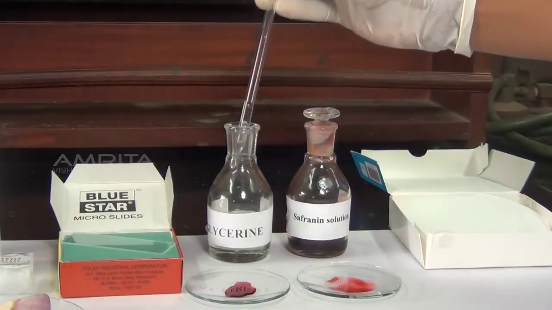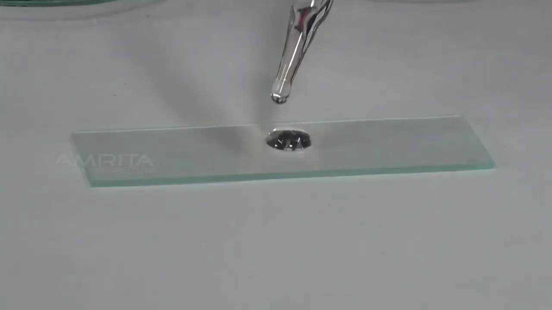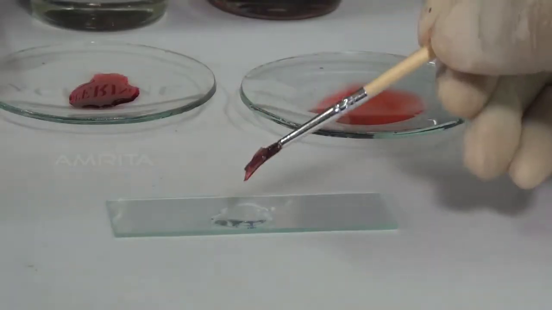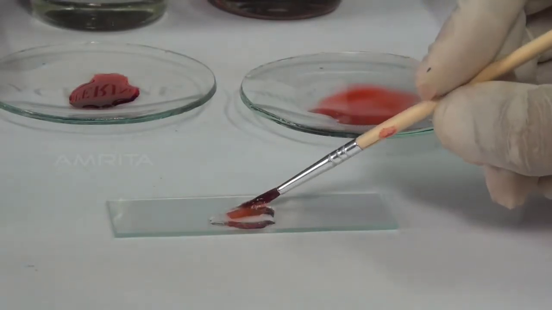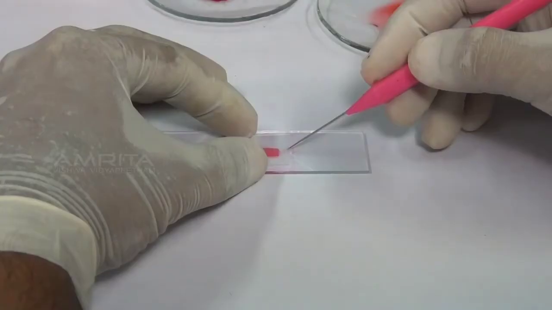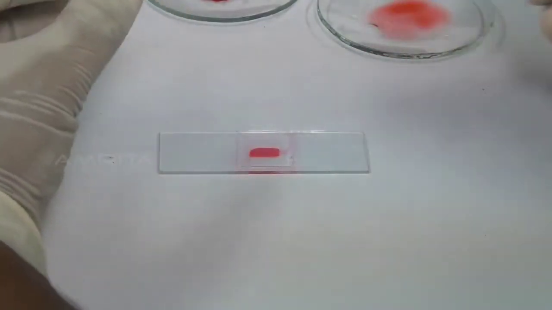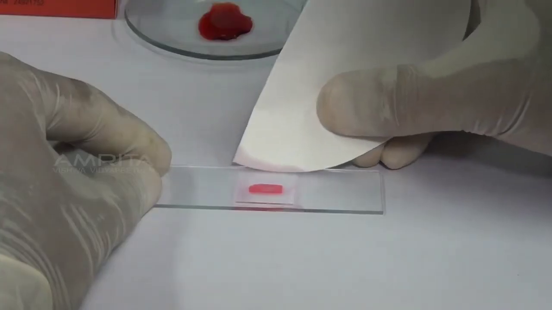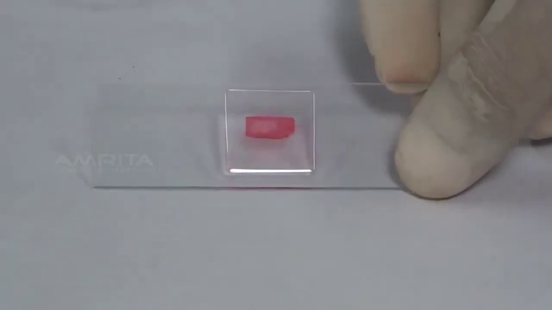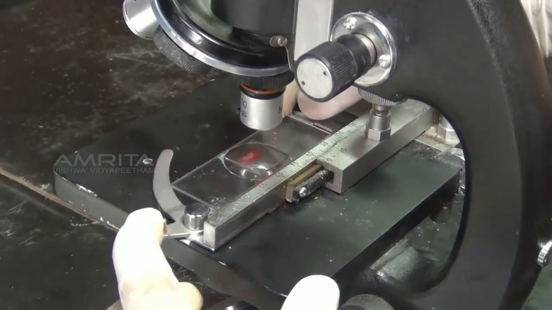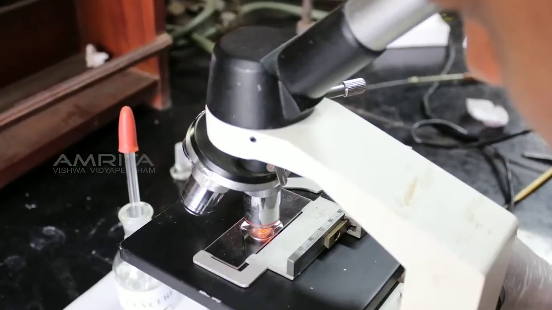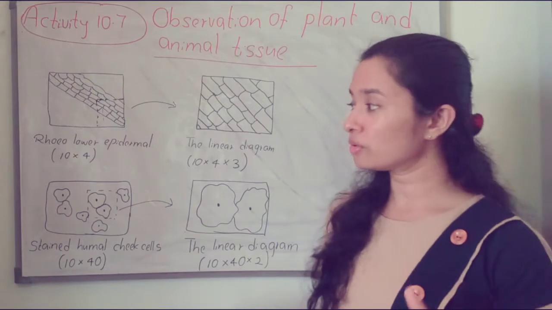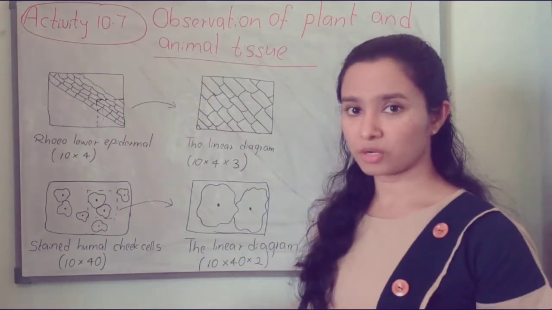Using a dropper, take some glycerine and put 2 to 3 drops of glycerine in the middle of a dry glass slide. Transfer the peel to the slide containing glycerine using the brush. Take a cover slip and place it gently on the peel with the help of a needle. Remove the extra glycerine using blotting paper. Take the glass slide and place it under the compound microscope. View the slide under the compound microscope. You know how to observe through a light microscope, and we have to observe.